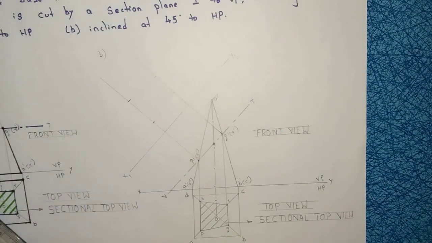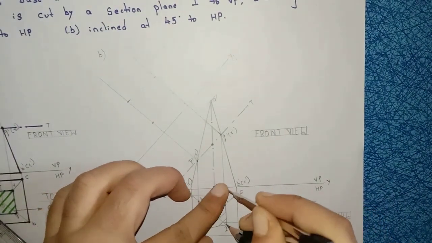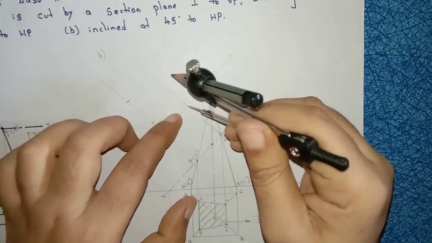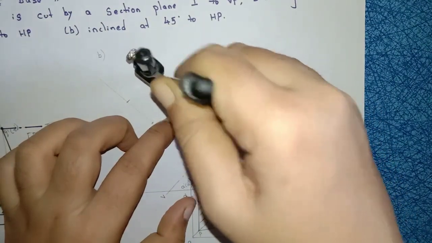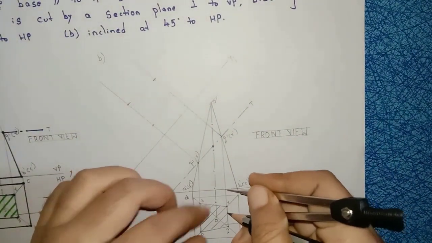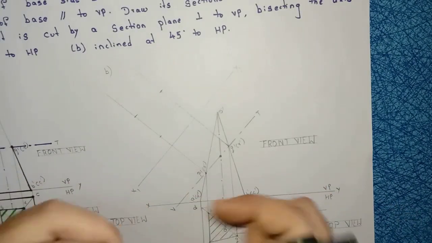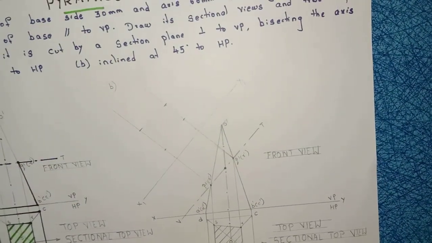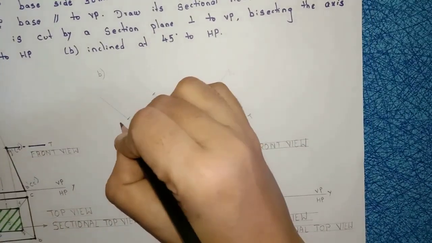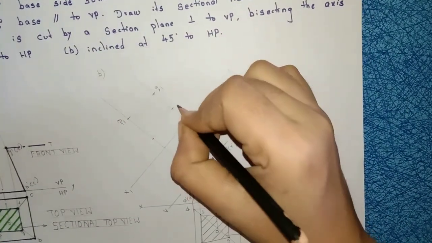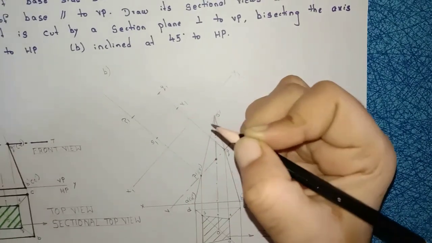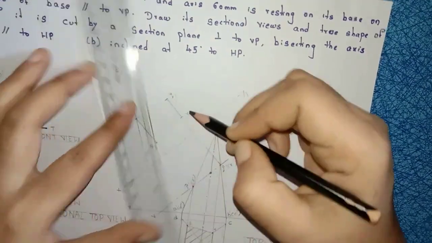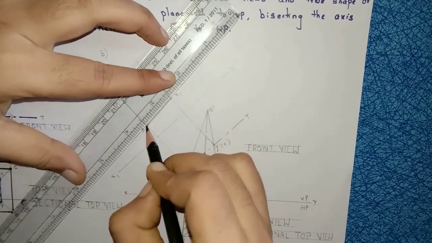Now from the reference line to Q point, take this distance with your compass. Place your compass on the reference line. Mark the Q point here. Next R. From the reference line to R point, take this distance with compass. Keep your compass on the reference line. Mark the R point here. Right? So name it P1, Q1, R1, S1. Right? Join this P1, Q1, R1, S1. This is your true shape.